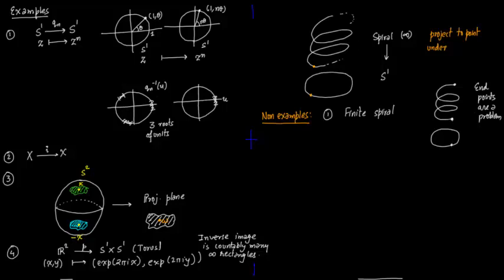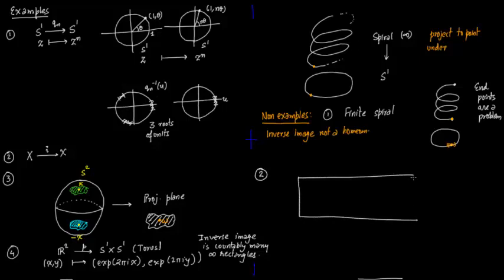That is simply because, say, this endpoint is getting projected here. So I'm just going to mark it in orange. So this gets projected right here. But if you take its inverse image, the inverse image of this rust colored interval on the circle, this is not homeomorphic to anything in the covering space above. So inverse image is not a homeomorphism.